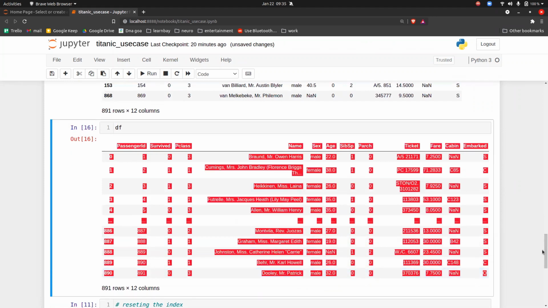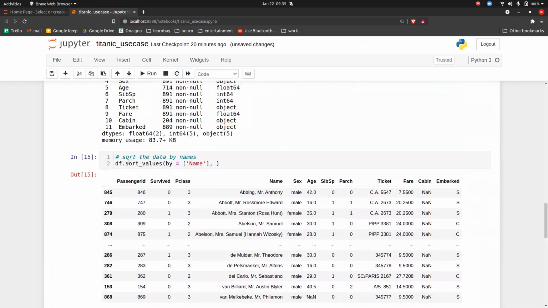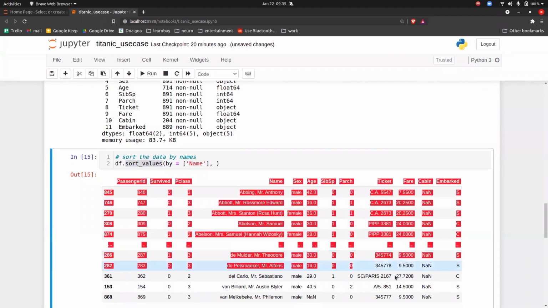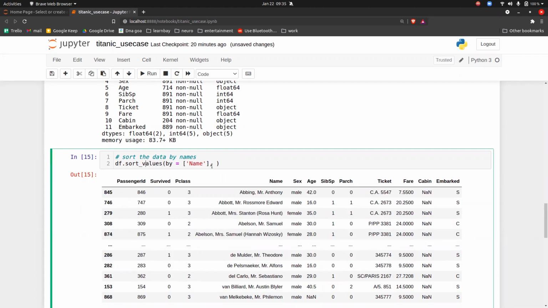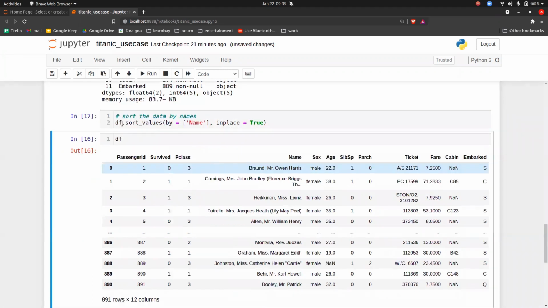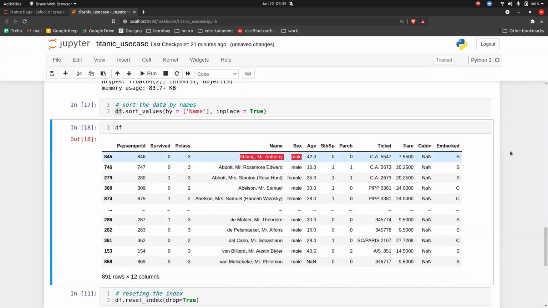So basically what is happening is when you write this particular method, it always tries to give you a new data frame. But let's say we don't want a new data frame. We want whatever changes are happening here to be done in the df itself. So what you can do is put a parameter inplace equal to true. Got it now? When you do inplace equal to true and execute it, it will be in df itself now. Now when I execute df, see, it is the sorted data now.